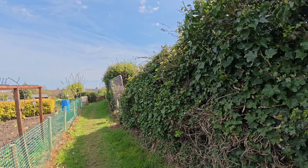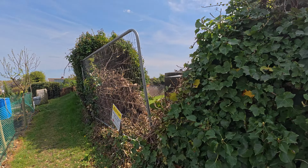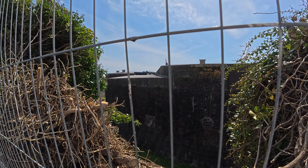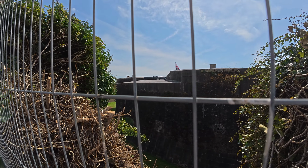He has said there's a path that goes around the fort, but there might not be too much to see, which is a shame, because of course it's a fort. You'd be a bit of a weak fort if you could see, but look at the cannon on the top. And he said